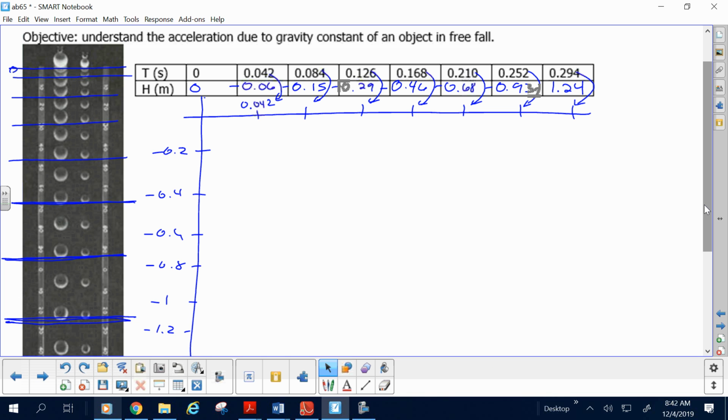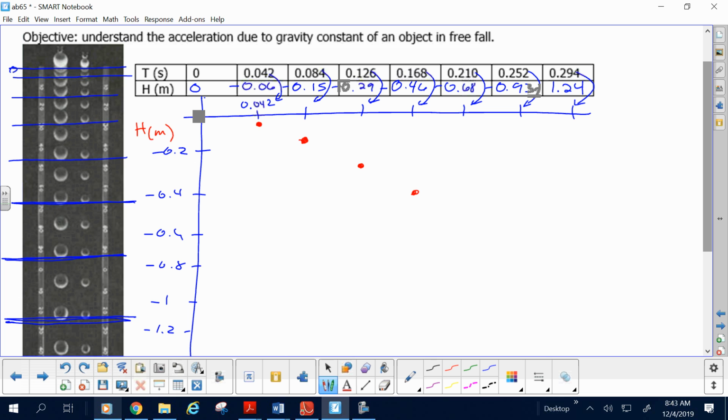Now, plot each of those locations over time. At time 0, the height in meters was 0. At time 0.042 seconds, the height was negative 0.06. Now that's in there, not much there. Negative 0.15 is a little closer to the negative 0.2 mark. Negative 0.29 is the fourth x value, and it's pretty close to between 0.2 and 0.4, you follow? And 0.46 is